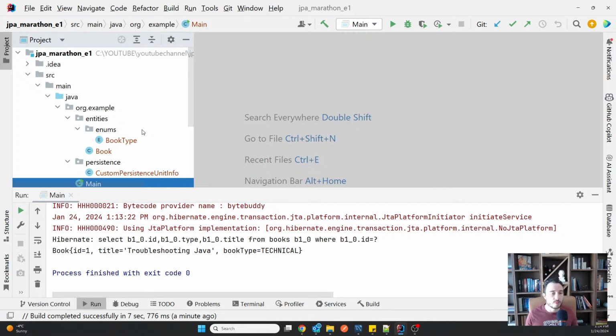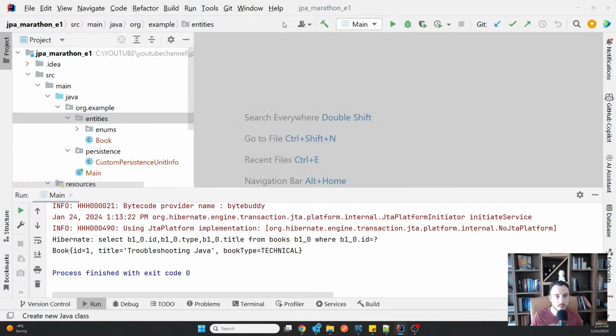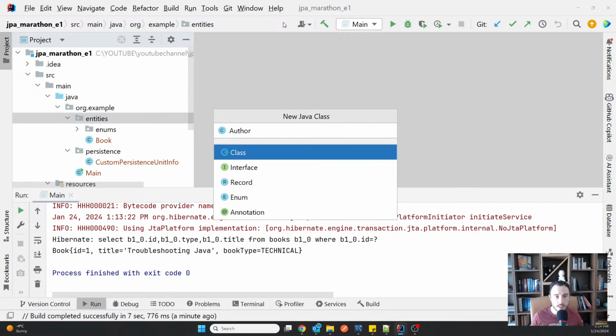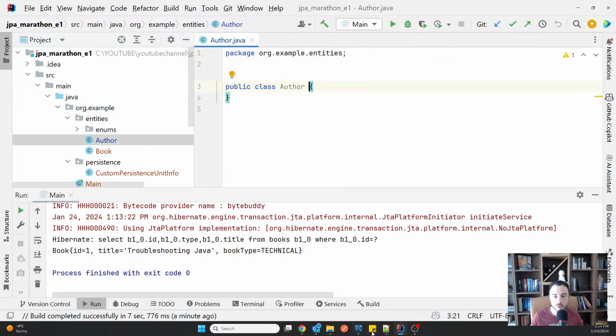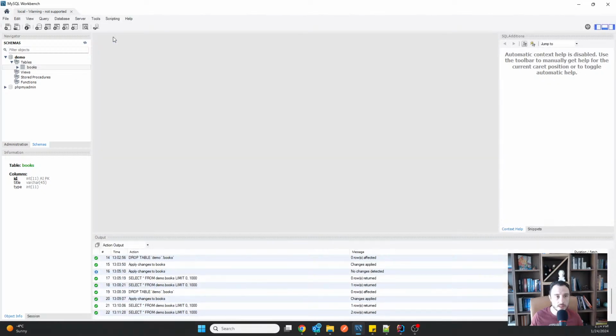So now, of course, the next thing you might want to think about is relationships. So let's say you have a book and an author. And now I'm going to show you also how to generate the tables, because up to now I only did it the production way, generating the tables and using them from your application that uses Hibernate.